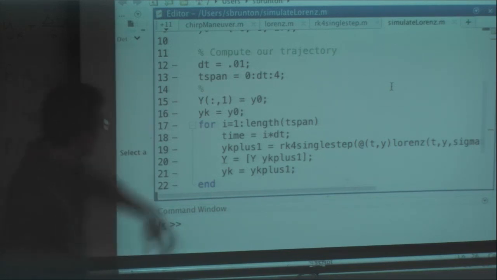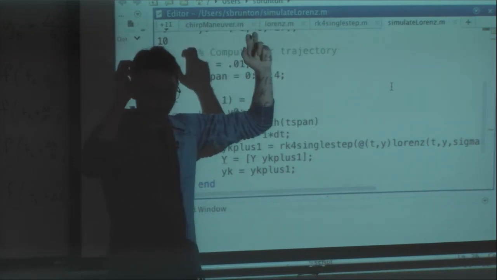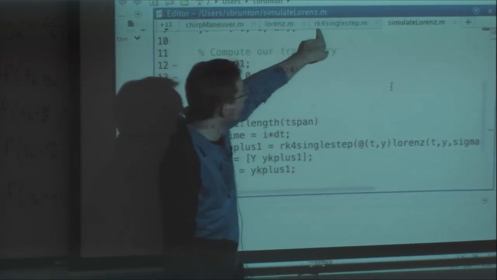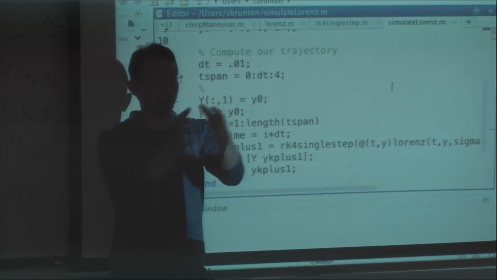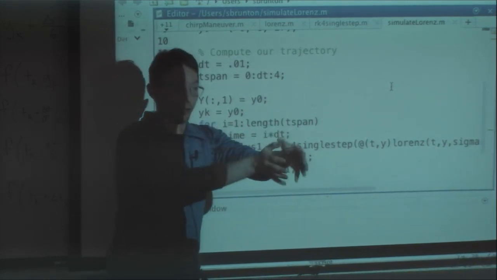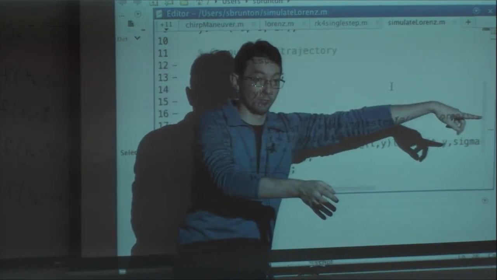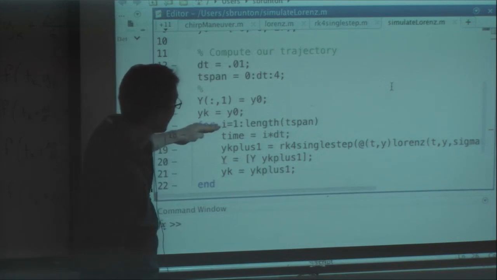Okay. We defined a right-hand side vector field, some function. That's Lorenz. We have some function Runge-Kutta for single step, which if you give me yk and a vector field and the current time and dt, I can tell you the next yk plus 1 using the fourth order Runge-Kutta scheme. Then we have a for loop.